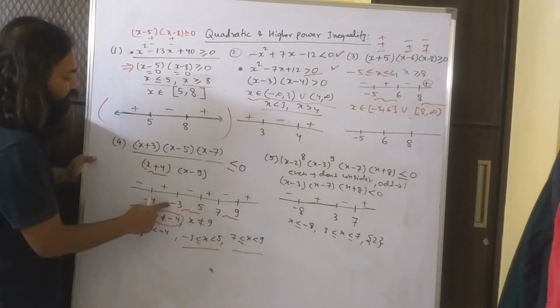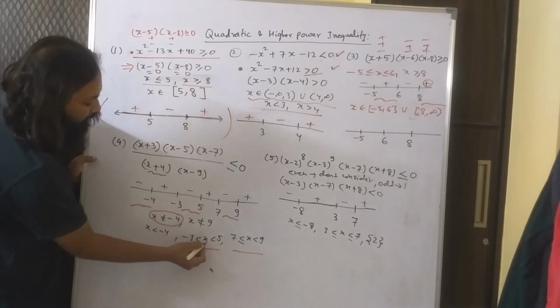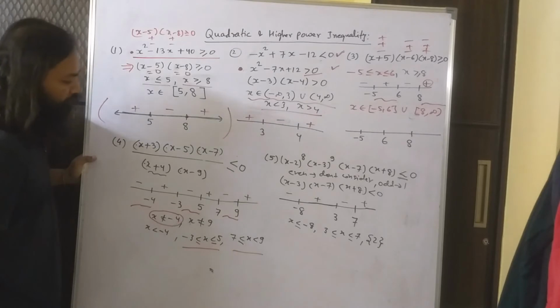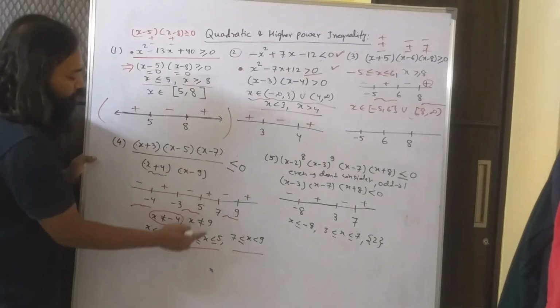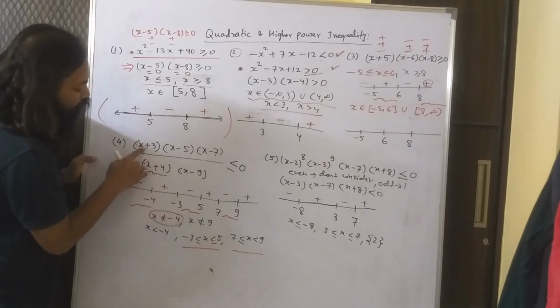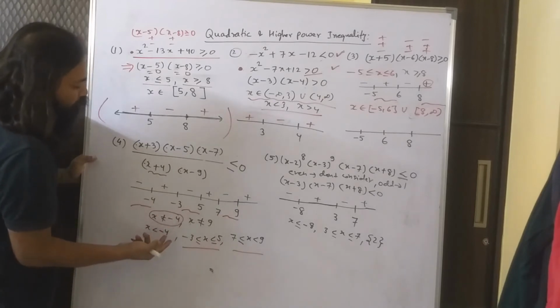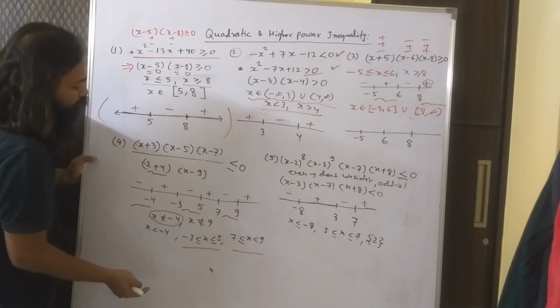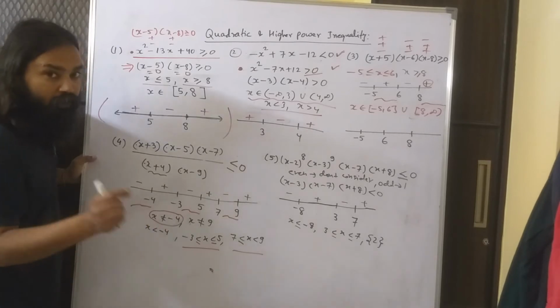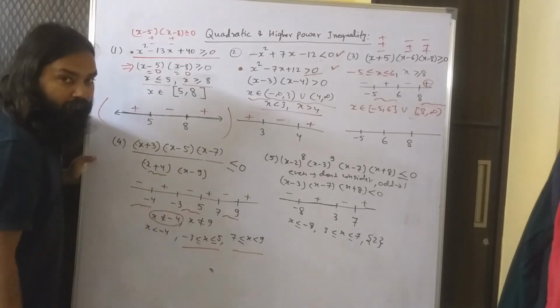Now minus 3 and 5, can x be equal to minus 3 and 5? Yes. So here I can put equal to sign. Okay. So it is less than equal to 0. In these two cases I can put equal to sign, because if x is equal to minus 3 and x is equal to 5, this will be equal to 0, which is not a problem for me. But I should make sure x can be equal to 7 also. But what I should make sure is x should not be equal to 9 and minus 4. That is the only thing you have to take care in case of something coming in the denominator.